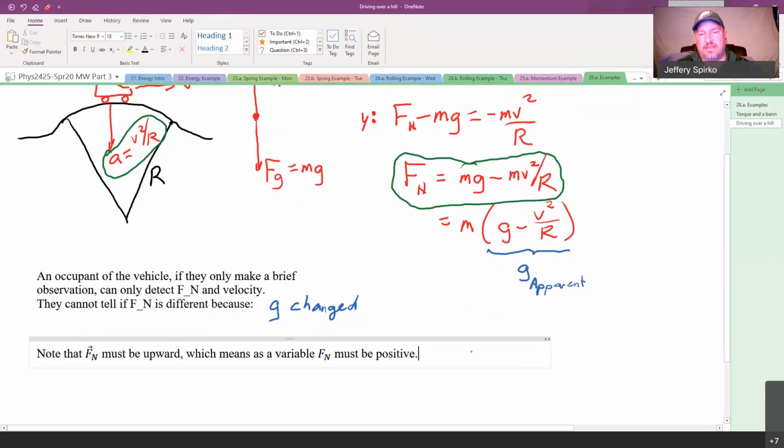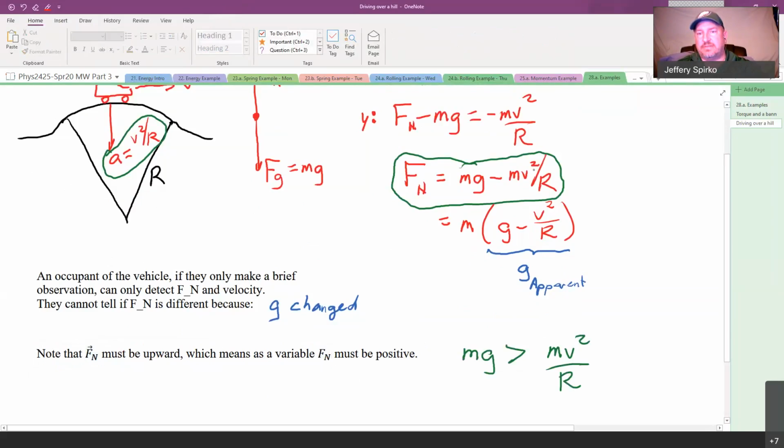So that means that mg has to be greater than mv squared over r. Otherwise, this thing on the right-hand side would turn negative, which means